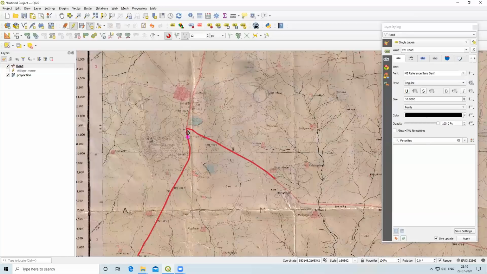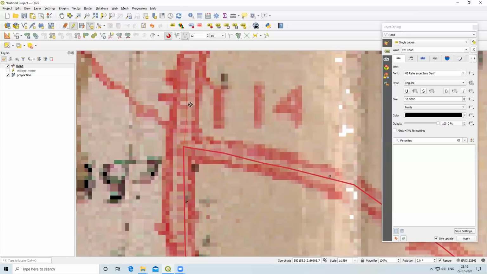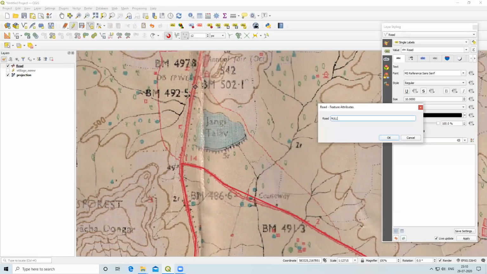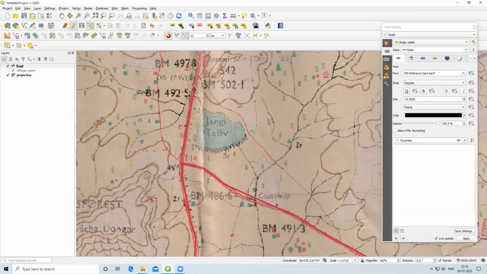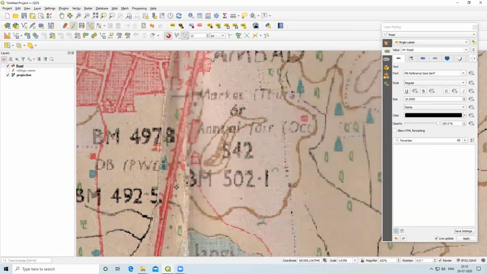Now if I want to digitize this road, the same road, then again I can digitize this. If by mistake you have cut here and you have given this road as A, if by mistake it's cut from here, again you can continue and merge it later.